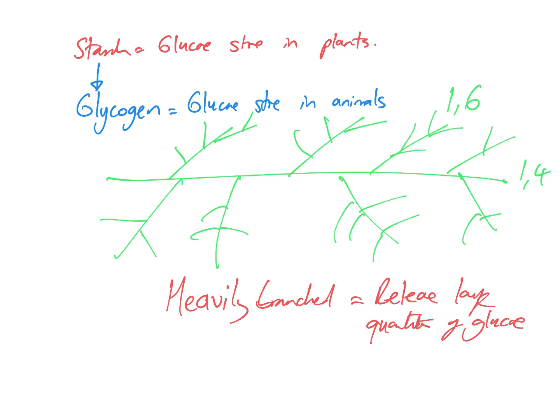If I just do a very quick comparison to this one, I will release 1, 2, 3, 4, 5, 6, 7, 8, 9, 10, 11, 12, 13, 14, 15, 16, 17, 18, 19, 20, 21, 22, 23, 24, 25, 26, 27, 28, 29, 30, 31, 32, 33. You missed one. Like that, 34. Okay? So all these structures are very similar, but you can clearly see that having more branches means that in one round of hydrolysis, this will release far more glucose than amylose, which is just a linear